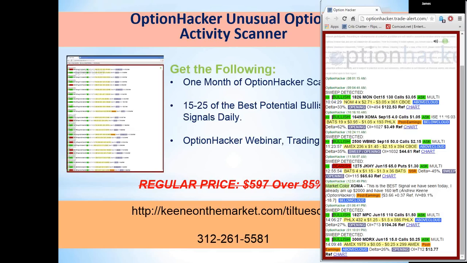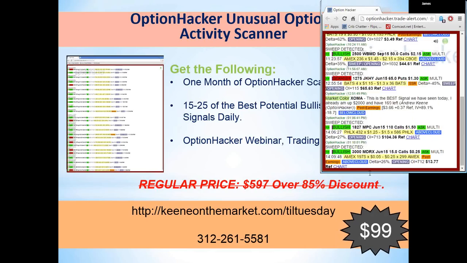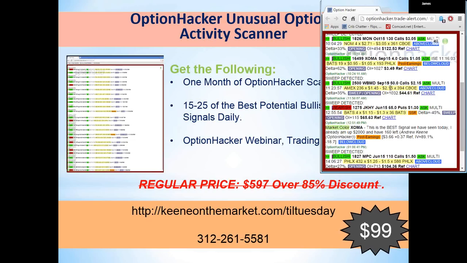And here's Option Hacker from today. As you can see, it's a little bit of a sideways day, so we only have some trades that hit the tape. But look at an example here, and this is much more typical of the type of orders that we see hitting the tape in Option Hacker on a given day. I told you guys that we typically don't see every single day a trade where a call goes from 70 cents to $7 or 70 cents to $20, right? But what is much more typical is an order like this.